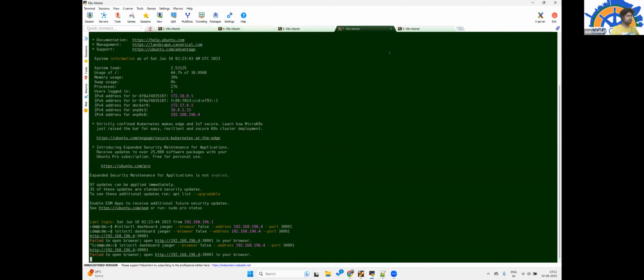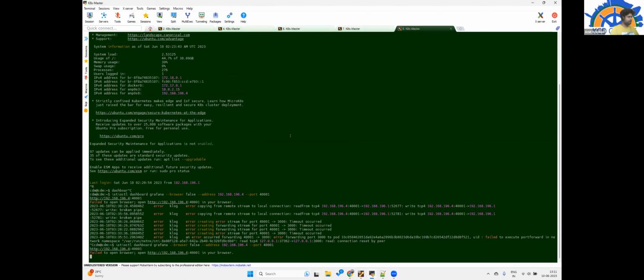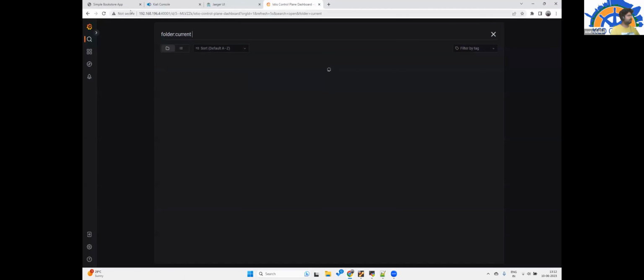This is how you can run the browser from add-ons. So if you see, I've started a Grafana dashboard. I'm not running the browser on the host system. I'm trying to access from the Windows system, so that's why the address and port have been given. Now I think I should be able to connect to Grafana.